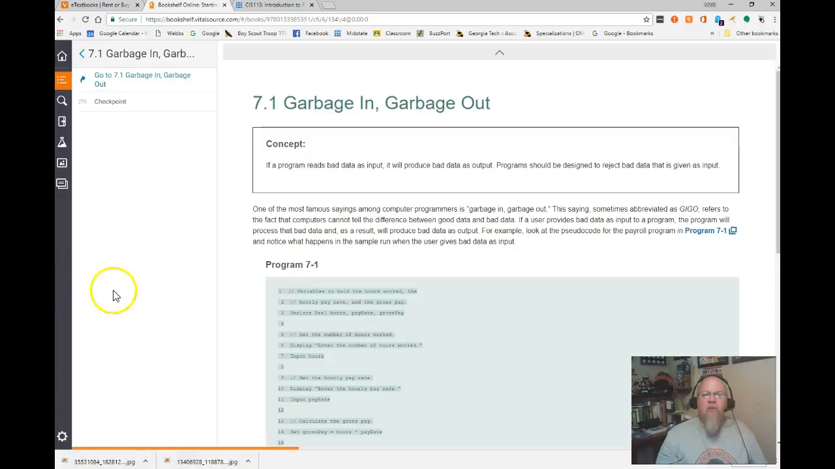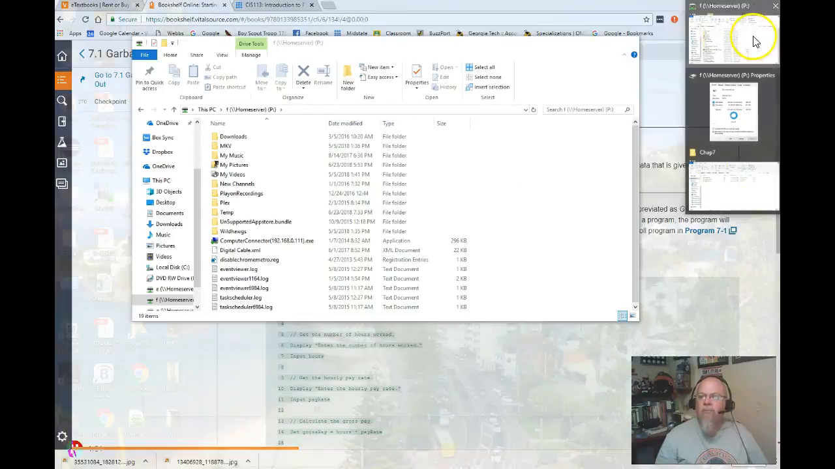The very first thing this talks about, and you'll hear this a lot in the programming world, is garbage in, garbage out, meaning if you put garbage into a program, you're going to get nothing but garbage out. If a program reads bad data as input, it will produce bad data as output. Programs should be designed to reject bad data given as input, and that's the whole purpose of this chapter. So let's take a look at